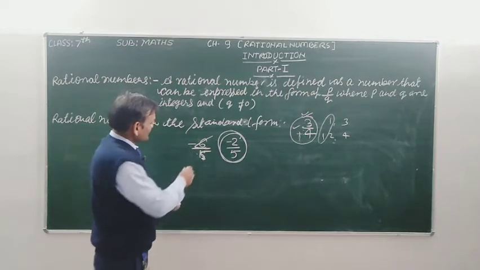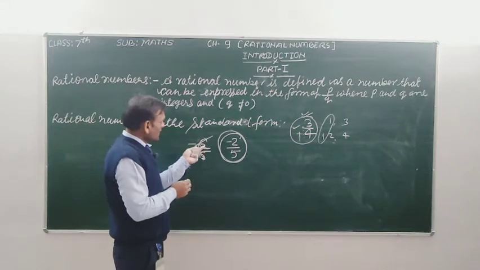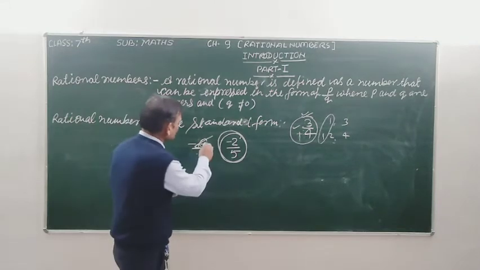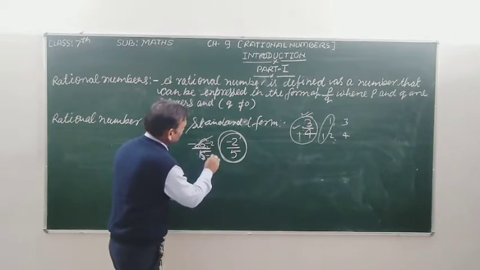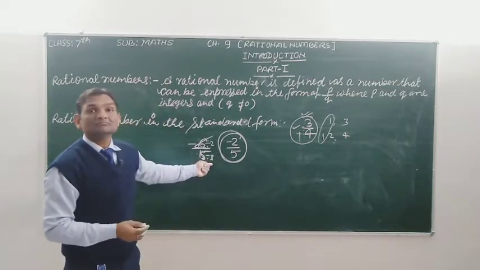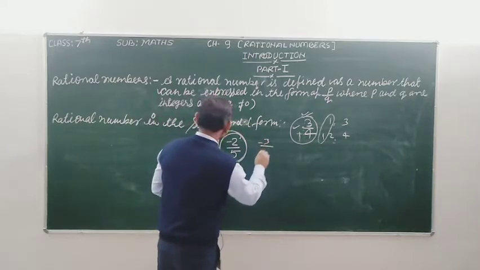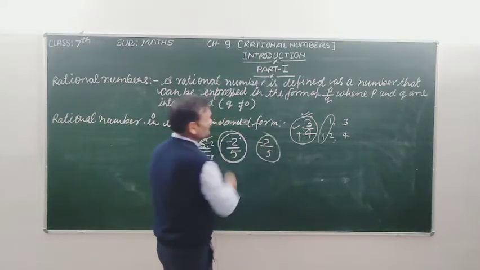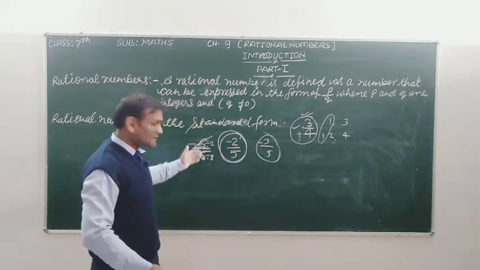Not like this, that 6 is divisible by 2 and 15 is divisible by 3. You can divide 6 by 2 and 15 by 3, not like this. It's wrong. You can write 2 3s are 6 and 3 5s are 15. You will say that -3/5 is the simplest form of the rational number -6/15.